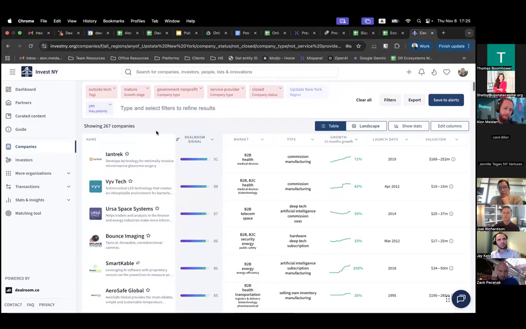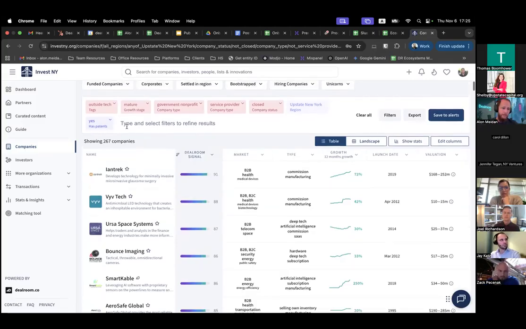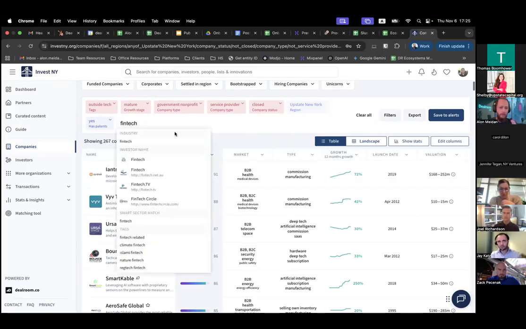On a company profile, oh, actually before that, one thing I forgot is the free search bar works just like the filters. So you can type in anything here, for example, fintech, and a little menu always pops up a couple of seconds after you type anything. And you can pick the fintech industry, for example, or you can look at investors that have fintech in the name, or again, tags that are related. But what I do want to show you is this one, where it says Smart Sector Match. I'm going to click it.